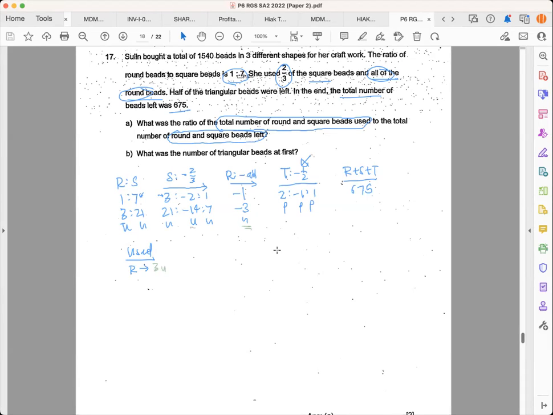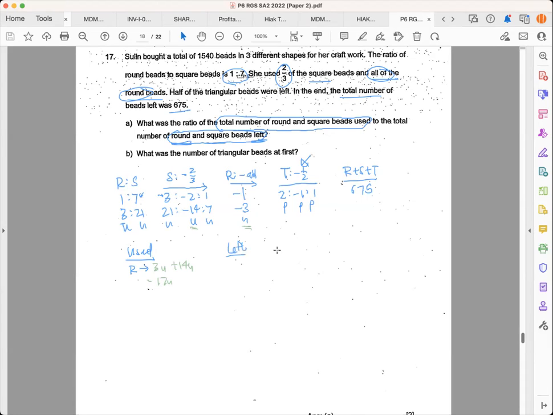Square used is 14 units. So it is 17 units. Compared to the round and square bits left,